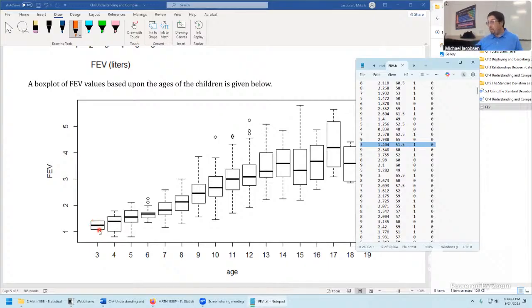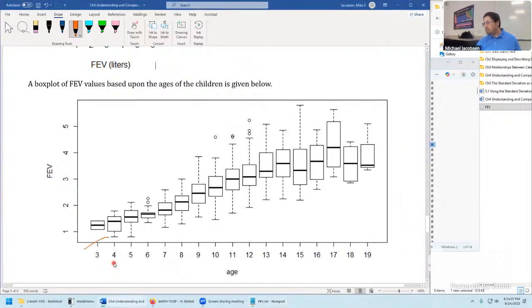Or it's possible as well that the lower quartile here is also the minimum at the same exact time. That's why it didn't show up. But for one that looks a little bit more normal, say for the 4-year-old age group, just a reminder, this would be the minimum value. So the minimum lung strength amongst 4-year-olds is something like 0.75 FEV.